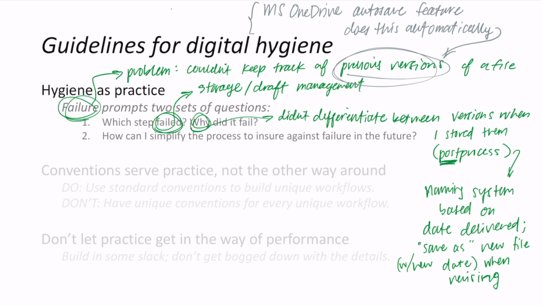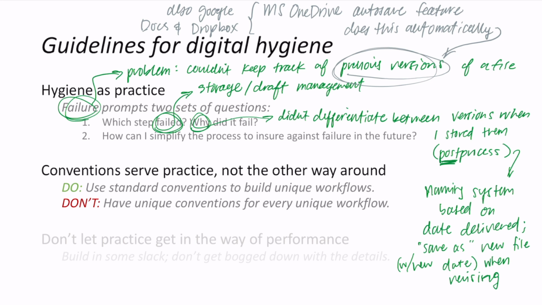Again, I like to use Microsoft products just because I use Excel and PowerPoint and Word. OneDrive serves essentially the same function as Google Docs as a whole, so I'm using them interchangeably. If we open up this problem and the solution to the second guideline, which is making conventions serve my practices and not making my practices adapt themselves to new conventions each time I open up a new world of practice,